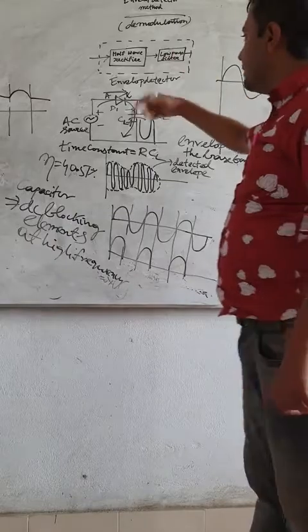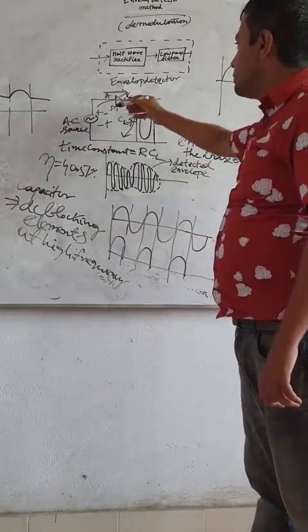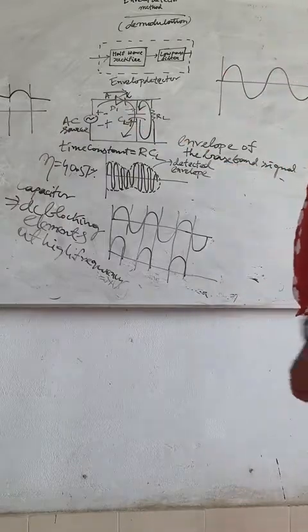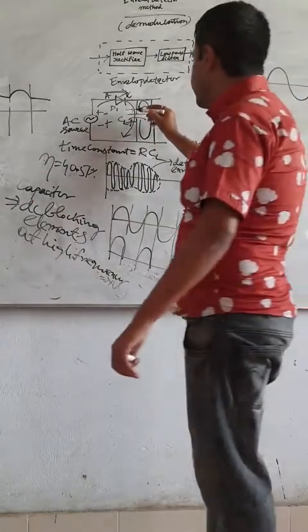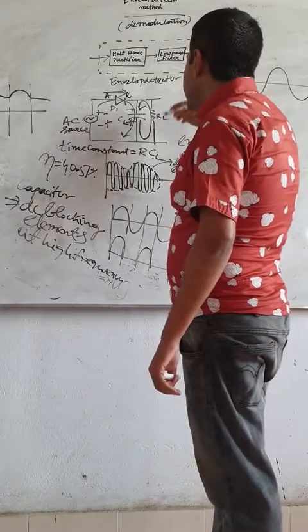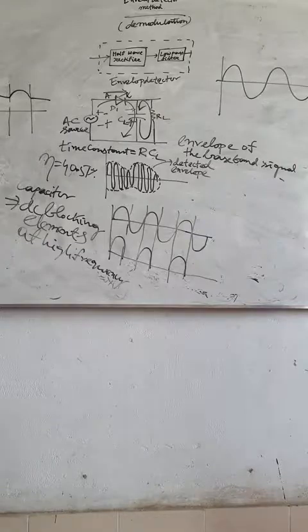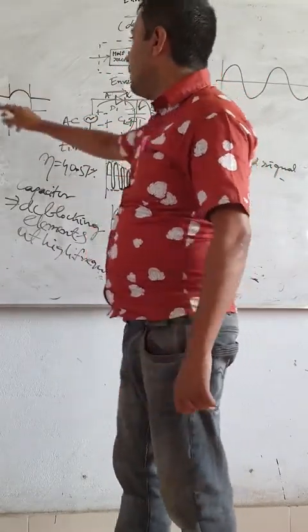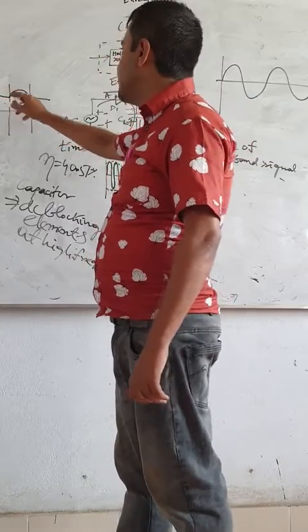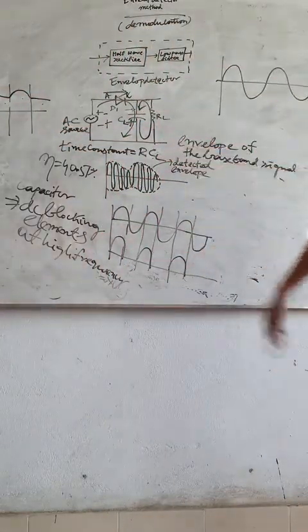When the polarity changes in the AC source, minus and plus, the diode will be in reverse bias, then this capacitor will start discharging. So this is the methodology of getting a ripple free smooth DC curve. One cycle charging, next cycle discharging, charging and discharging. And the charging time constant is RCL.